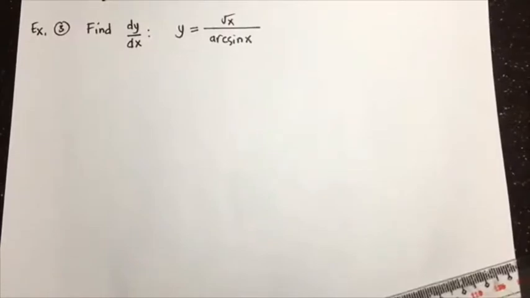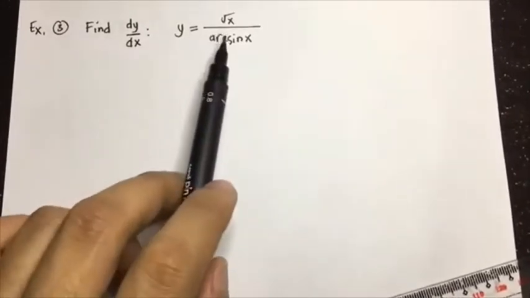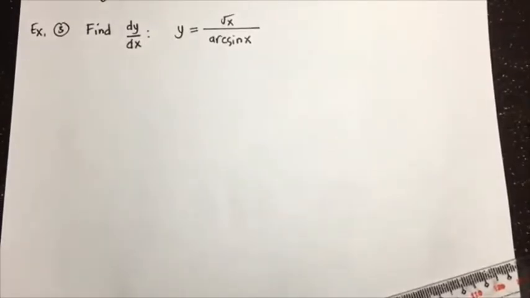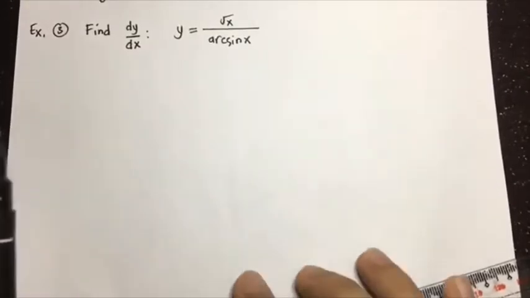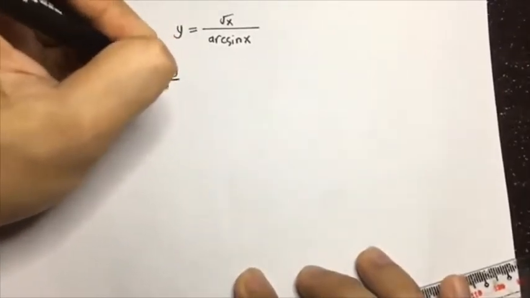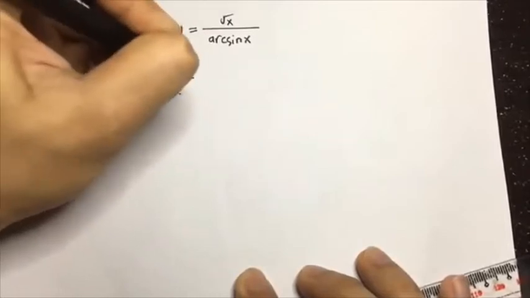Okay, so example number 3. So find dy over dx if we have y is equal to square root of x over arc sine of x. So here we have a fraction, so therefore we will be using the quotient rule. Okay, so therefore our dy over dx is equal to